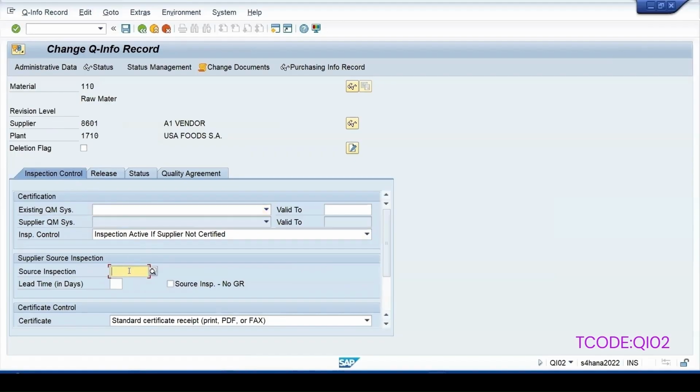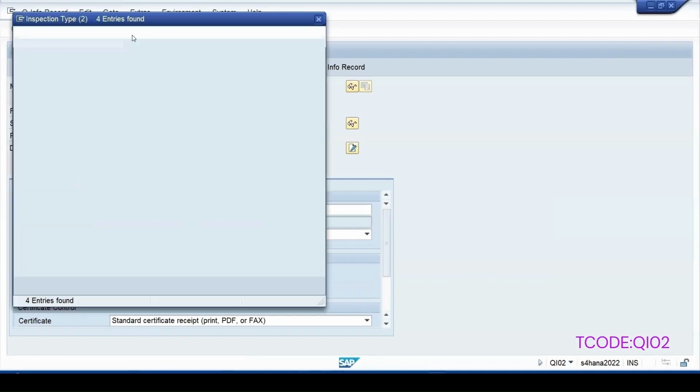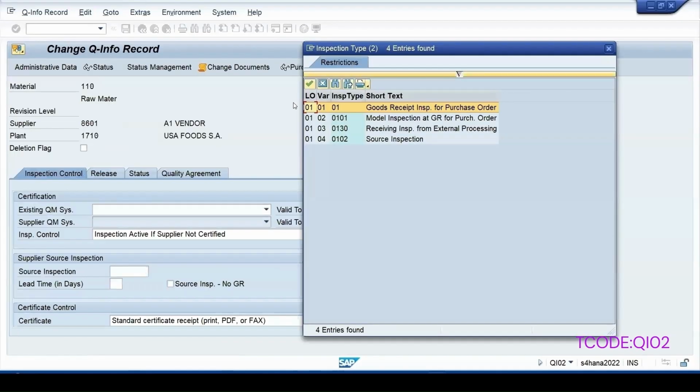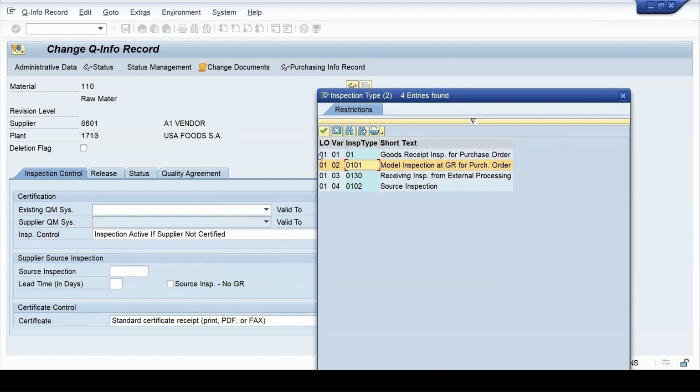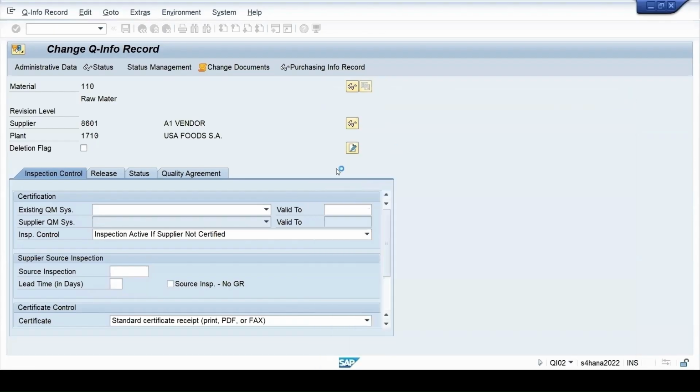Because for procurement we have 01 also and 0101 also, and even Z inspection type. Z means customized one we have created inspection type you want to use. When I'm procuring it, there is a possibility that I will be doing 01 inspection on the material. Okay. Or even 0101 is activated.